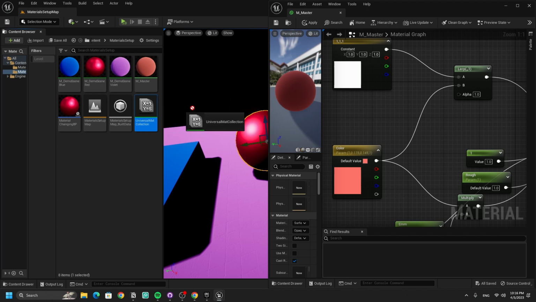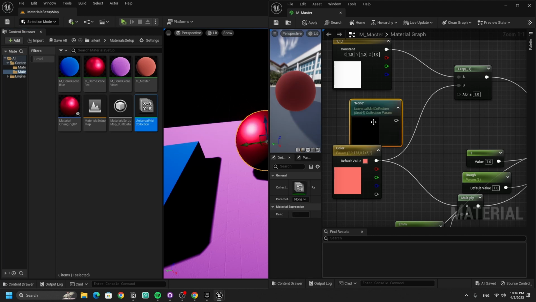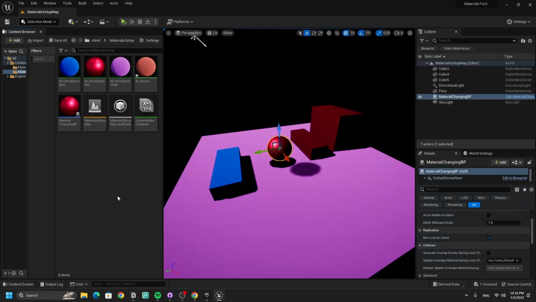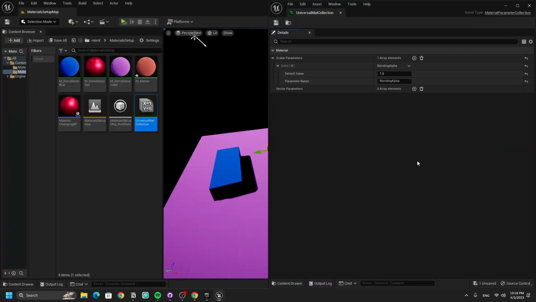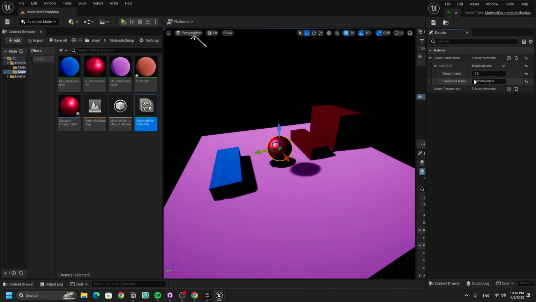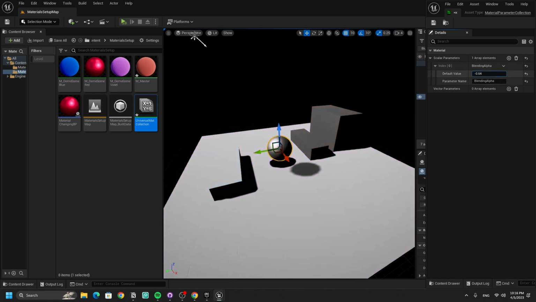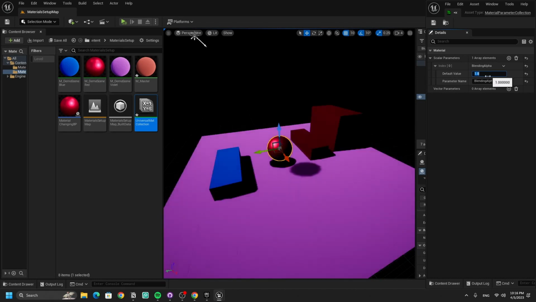Let's delete it with our material collection. Let's put it right here. Choose the parameter, which is blending alpha, and connect right here. And now let me show you a bit of magic. I'm gonna open my material collection here, and I would like to just move my blending. Look at that. When I'm switching between 0 and 1, they are nicely moving exactly between the values they have